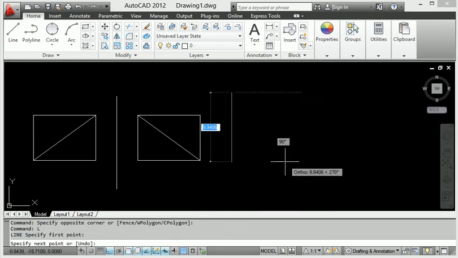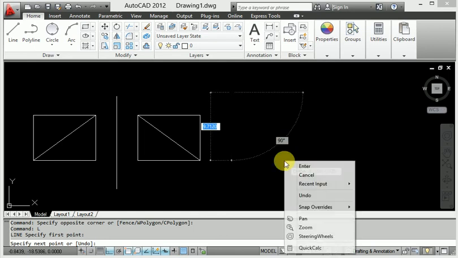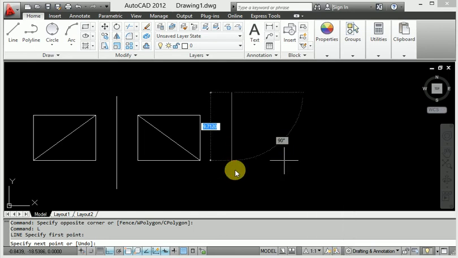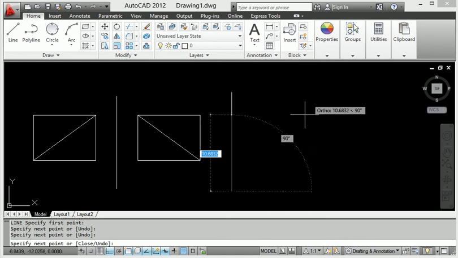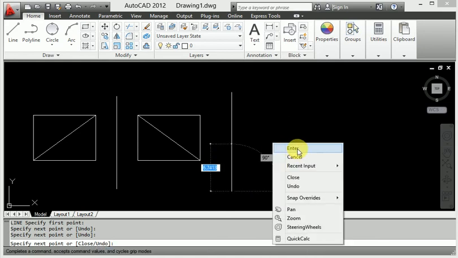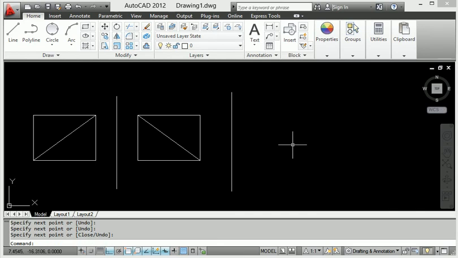And how do you use the shortcut key of mirror? Today I will discuss directly using mirror and the shortcut for mirror. The shortcut for mirror is MI enter. If you type MI enter, the mirror command is applied directly. You don't need to go to this area, you directly type MI.